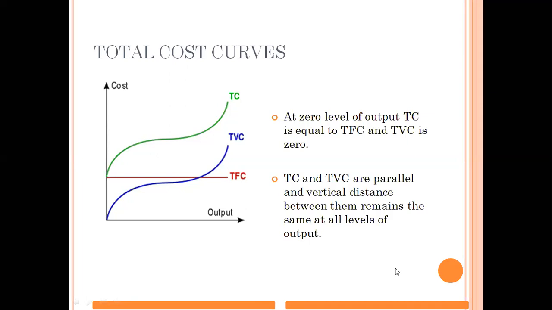All right. So if the question comes, what is the difference between TC and TVC, and what is the nature of that curve? We'll simply write that the difference between TC and TVC is TFC, and the nature of the curve is that TFC is always a horizontal straight line parallel to x-axis. So we'll simply say that the difference between TC and TVC is TFC, that is total fixed cost, and it is the same in all cases.